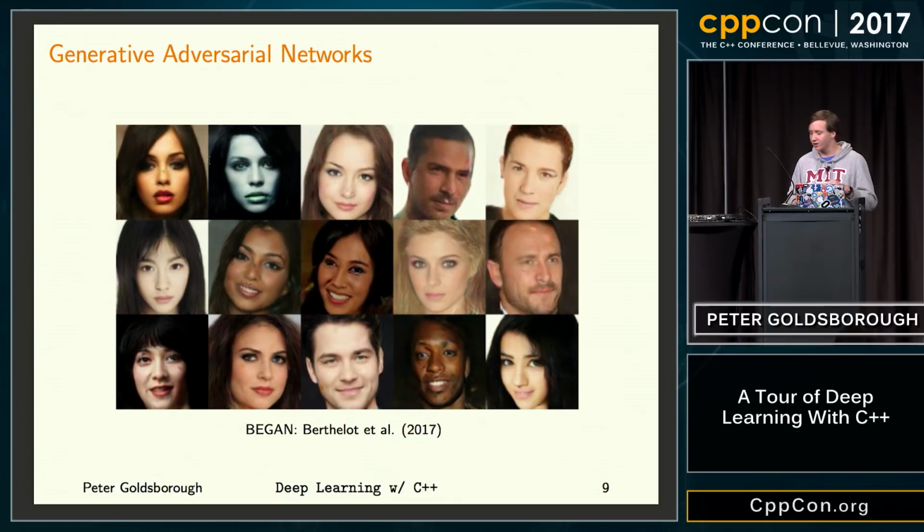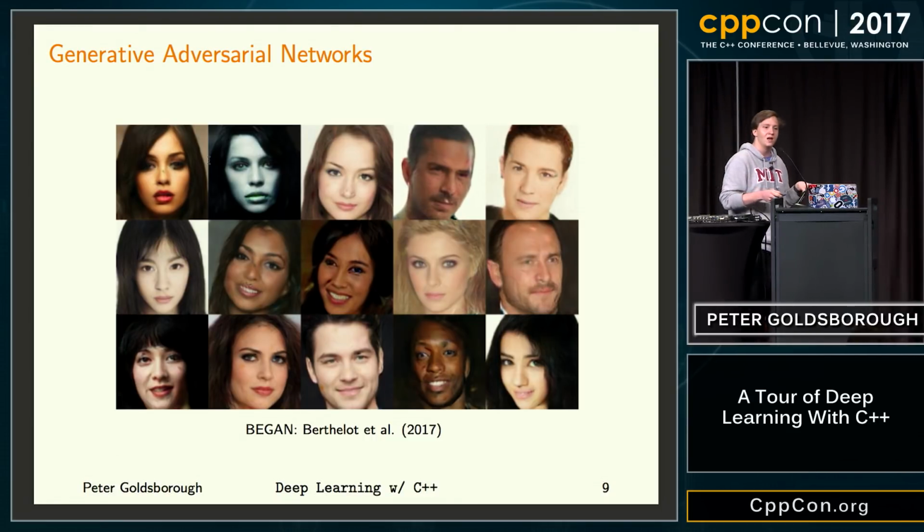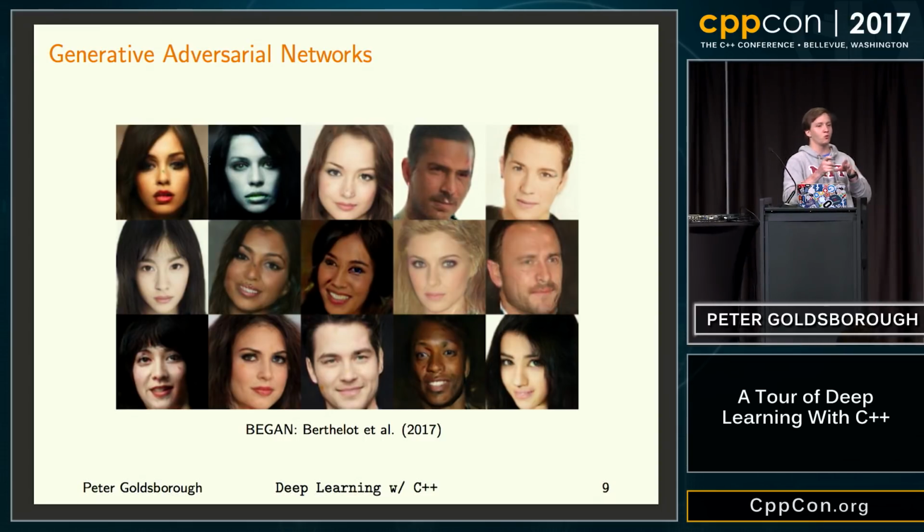So these faces here, and I hope you can appreciate this to some extent, even though it's quite abstract, were generated by taking 100 random floating point numbers and transforming them in some magical ways. And you can see the images themselves are quite realistic. I mean, there are some artifacts. So for example, this guy here has this black blob. Can you see my mouse? OK, but the person on the lower left, you can see some artifacts in the faces. But nevertheless, these are really realistic-looking images, given that they were generated from random floating point numbers.